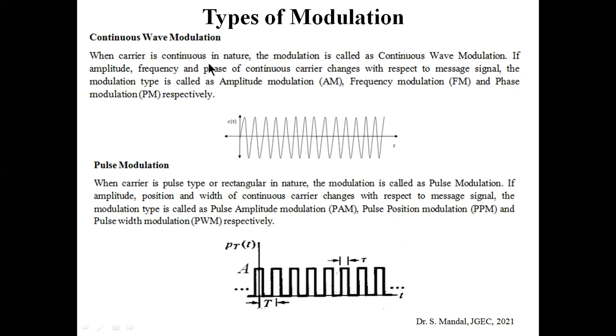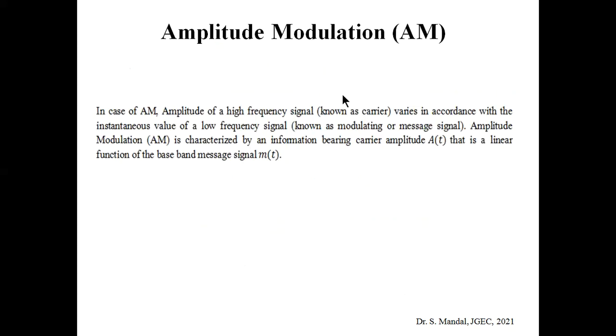We will study what is AM, what are the different classifications of AM, the different modulators, different demodulators, and its several limitations also. After that we will study the FM or frequency modulation, where frequency is varied according to the instantaneous value of the message signal. However, let's move on to the amplitude modulation, or in short we can call it AM.